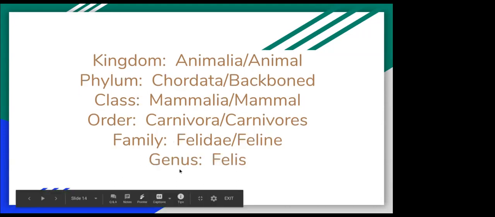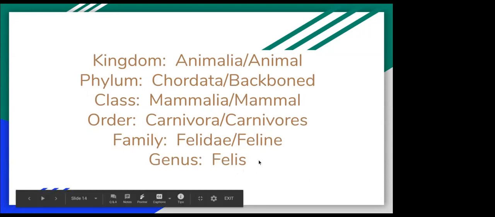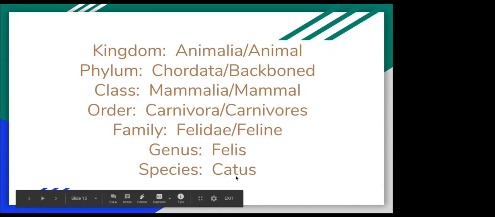Genus, the genus Felis. For cat, basically the main difference between feline and Felis is that Felis is for small cats. Bobcats, lynxes, house cats fall under Felis. Bigger cats, such as tigers and lions, fall under a different genus. And then specifically the species catus for house cat. So that would now exclude the lynx and the bobcat and whatnot. And it becomes a much more specific